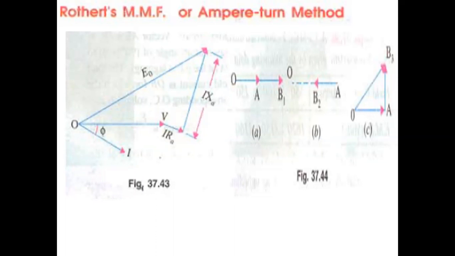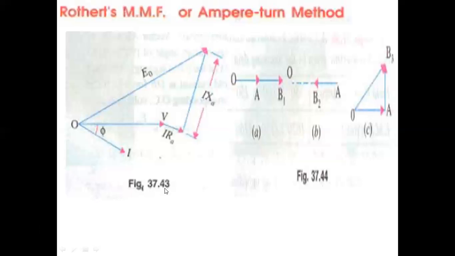But it is the converse of the EMF method, in the sense that armature leakage reactance is treated as an additional armature reaction. In other words, the change in the terminal voltage on load is entirely due to armature reaction and the ohmic resistance drop. In most cases we have to take this ohmic resistance drop, but it is negligible here.